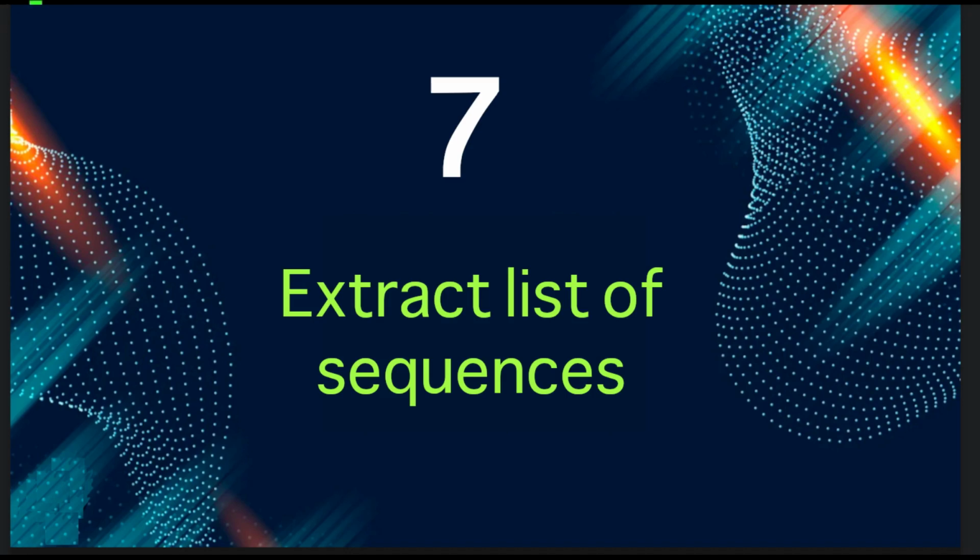Here comes the last trick. Pay a little bit of attention because this command is a little bit tricky. What we want to do here is, we have these two IDs in a file that we call IDs, and we want to extract the sequences corresponding to these IDs in the FASTA file. So to do that, we will call bioawk again, and we will specify that the format of the input file is fastx, and here we will start